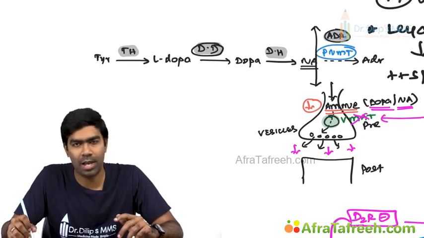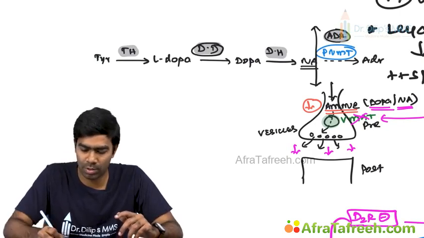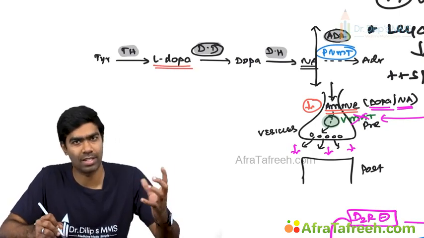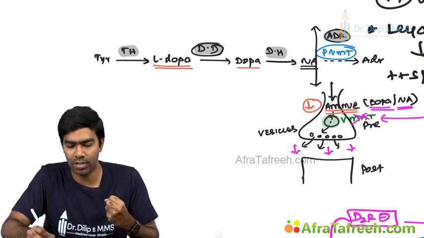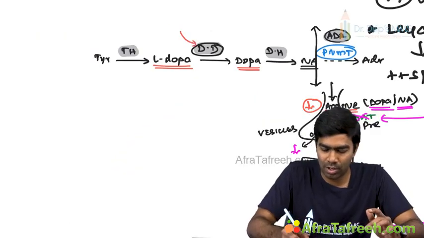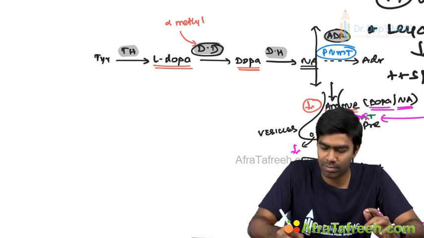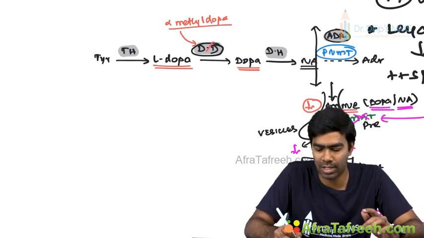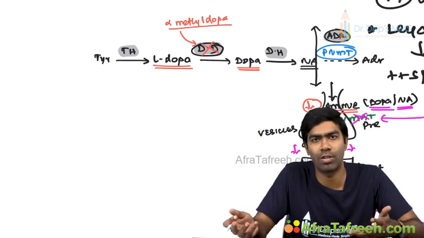You know what is going to happen with dopa decarboxylase? This dopa decarboxylase is going to recognize L-dopa, levodopa, and convert it to dopamine, which means the levodopa has to bind with a binding site in the enzyme and be converted to dopamine. But remember, there is a drug called alpha-methyldopa, which can fool this enzyme by resembling L-dopa, and they can bind with this dopa decarboxylase, and they can prevent the further binding of L-dopa to the enzyme,